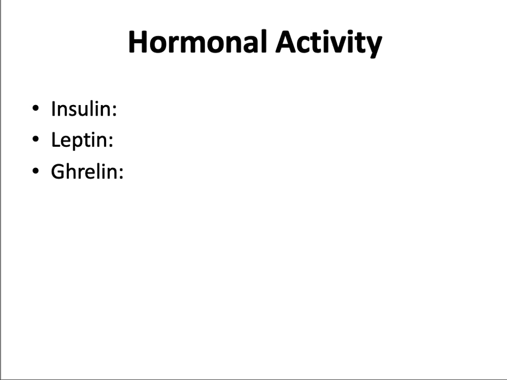Leptin is another hormone. It's released from fat cells as more fat is stored and travels to the hypothalamus, where it acts to inhibit eating behavior. This other hormone I'm going to try to pronounce, ghrelin. This hormone originating in the stomach surges before meals, then decreases after people eat. It may play an important role in triggering eating. Leptin is associated with long-term body fat regulation, whereas ghrelin motivates eating behavior.